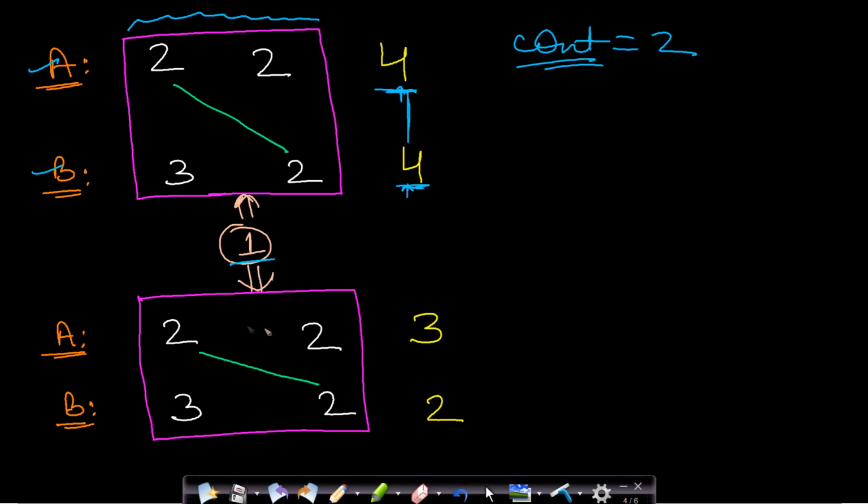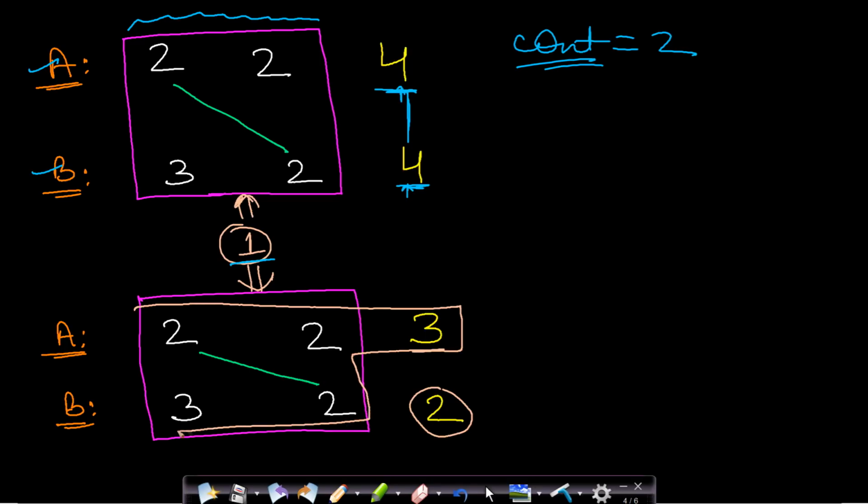Now what we will do is, we will try to include this 3 in this list A and we will not include this 2. So our configuration will be like this: 3 elements from A and 2 elements from B. Now taking 3 elements from A and 2 elements from B, we cannot draw any more uncrossed line. So our count remains as 1. Now let us take another configuration.